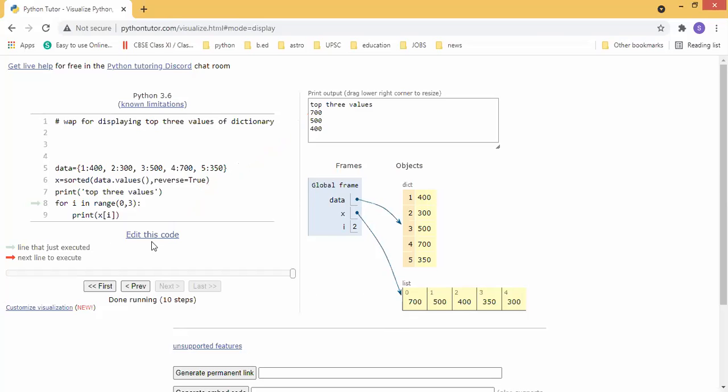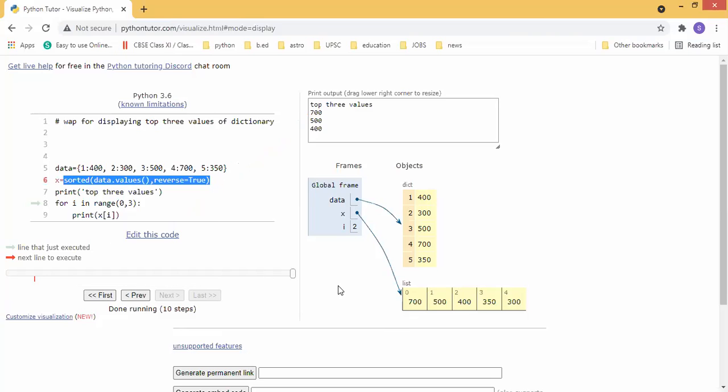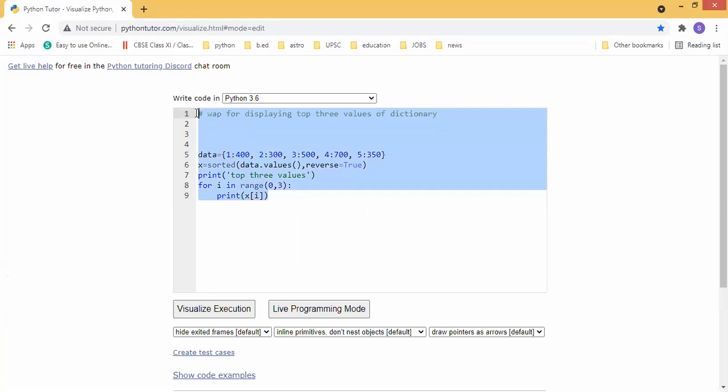Yes, sir. So this is the function available for dictionary. We should implement only with the help of functions related to dictionary. Don't think about list related functions or other data type related functions. You should remember all the functions related to dictionary. If you want to sort all the values, you need the function data dot values. Students, everyone copied? Yes. Okay, very good.